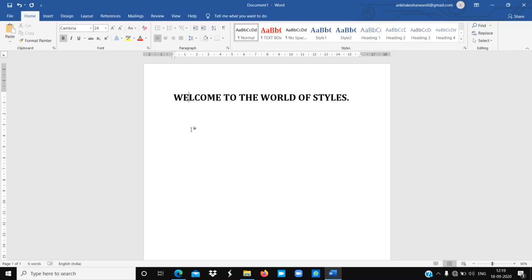You will see here the styles group, which is present in this Home tab. Inside the Home tab you will find this styles group, and here you can see different types of styles. If you want to apply any one, you can just select that particular text and apply it, and you can see the appearance of my text is changed.